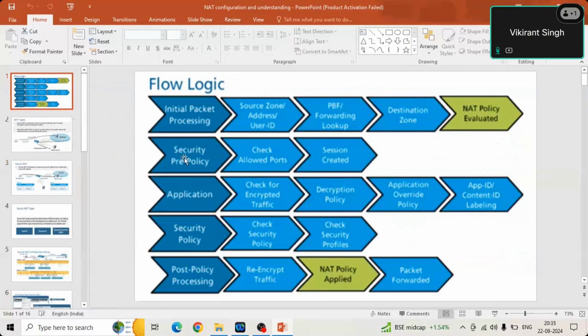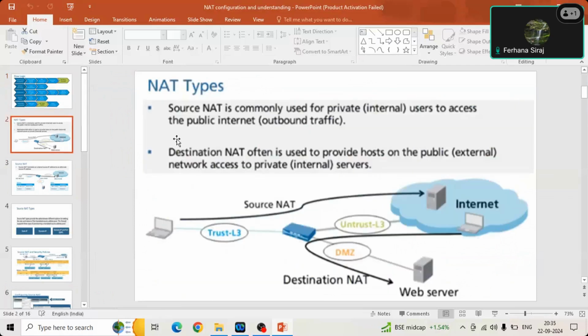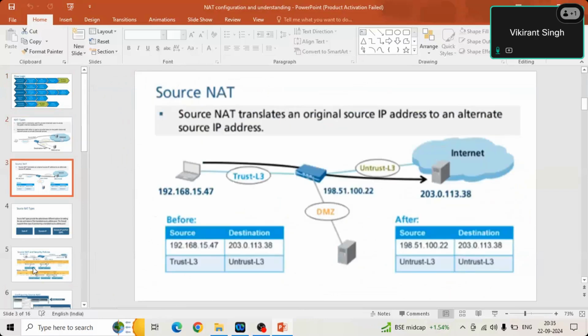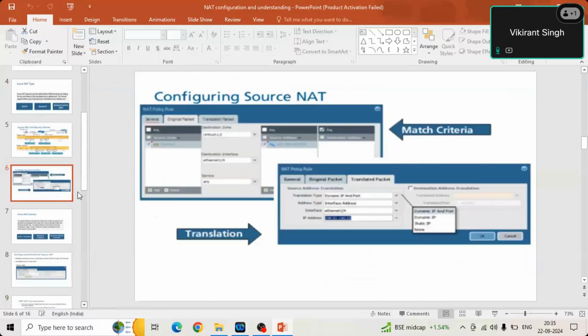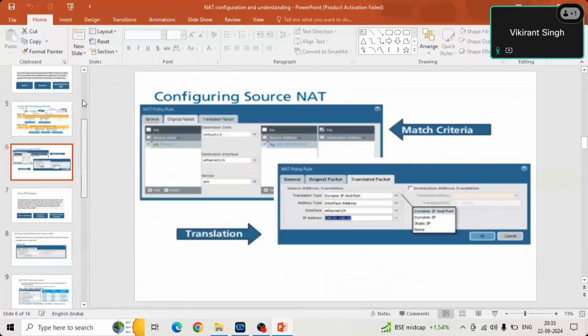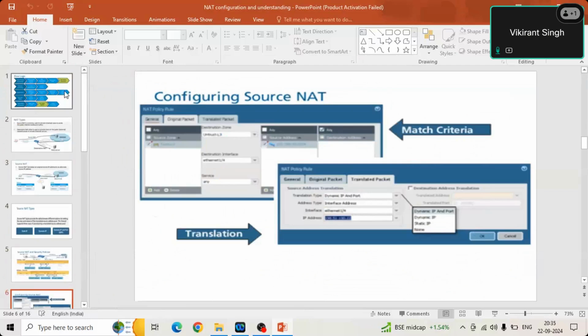So you will remember that we have learned this flow logic in that page, and then went to the NAT type kind of thing. Then NAT, we see it from here, and we are taking it from the sources we have on Palo Alto first, and then also from my editing and then Palo Alto. These are the sources. And sometimes if I find something very useful, then I take it from Google as well. Because Google, you will get it from others, right? So it will not be as good as Palo Alto.